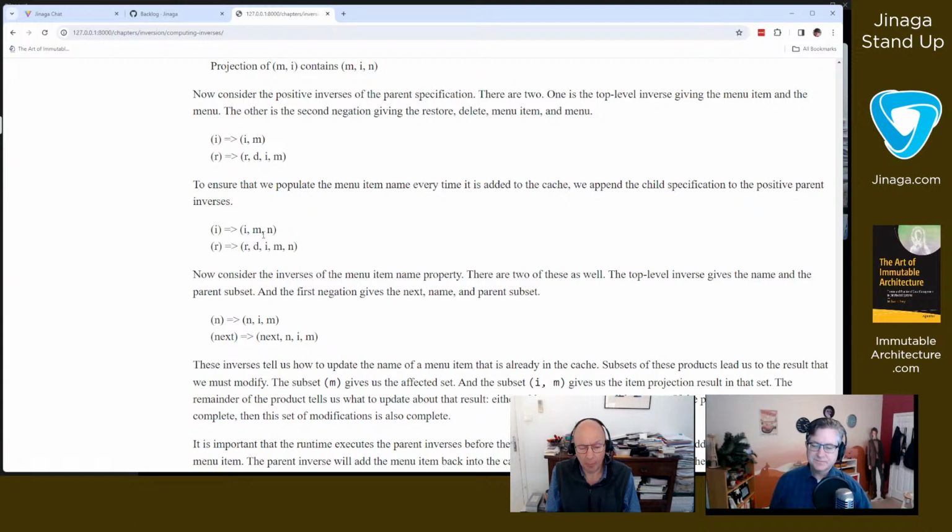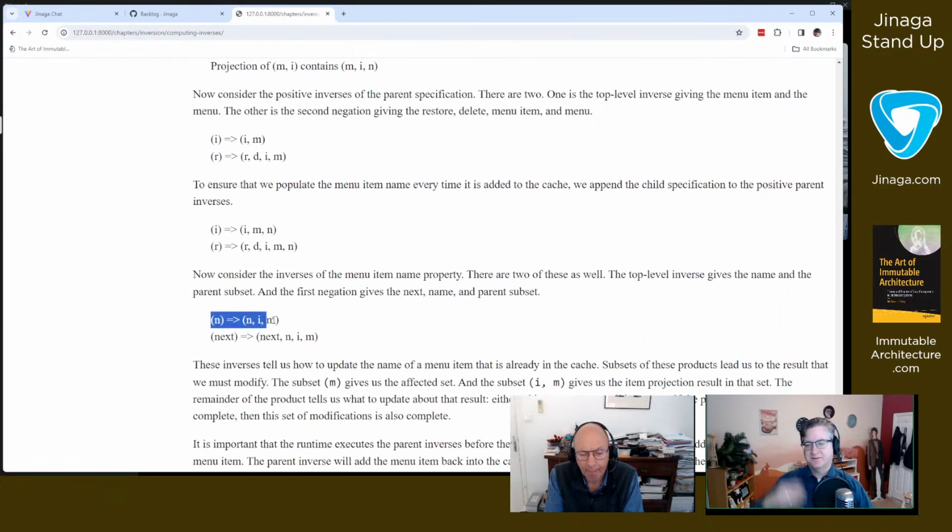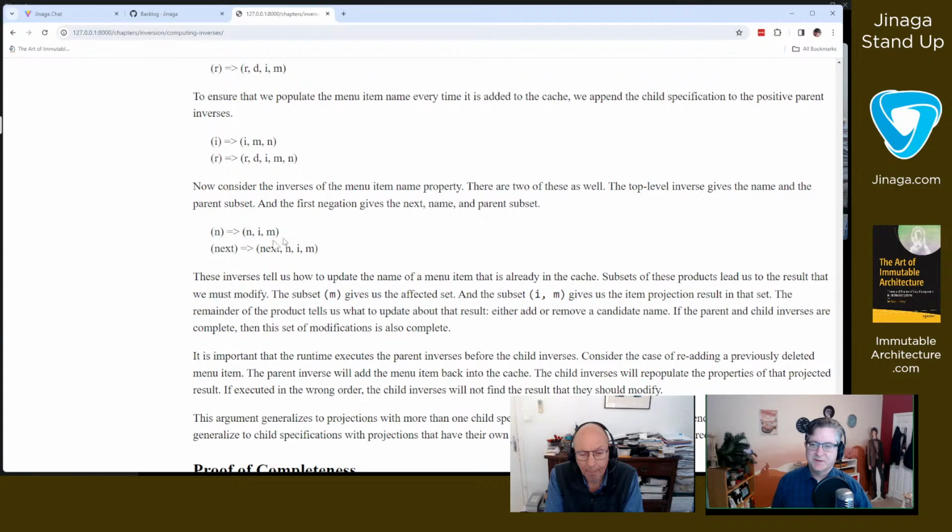And so what I thought was that the restore had already happened, and so if I see, for example, a menu name, so that's what we were talking about earlier, well, the specification is way up there, but when we see a new menu name, then we need to update the cache. As I was thinking through it, I thought that that would have been sufficient, and I was doing a lot of extra work. But nope, as it turns out, that is not sufficient.